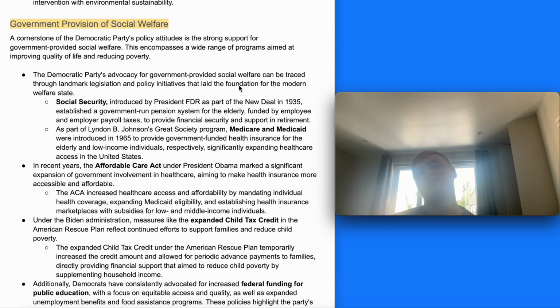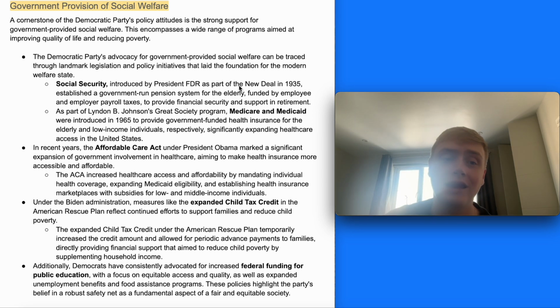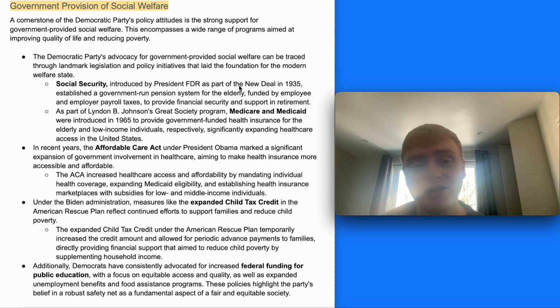Final key one to look at then is the government provision of social welfare. And this is a key cornerstone of Democratic Party policy that encompasses a wide range of programs aimed at improving quality of life and reducing poverty for the US population. Its advocacy for government-provided social welfare can be traced through landmark legislation and policy initiatives that lay the foundation for